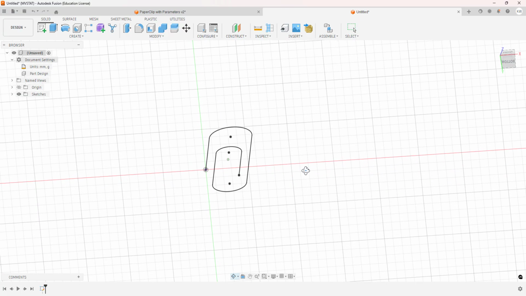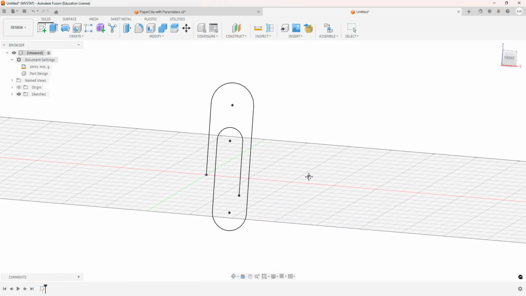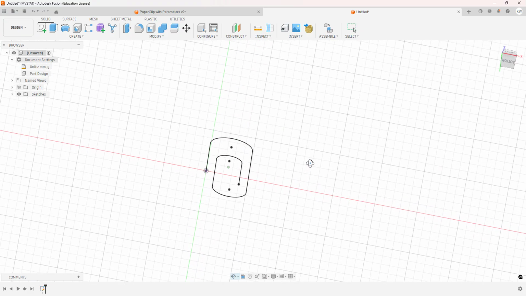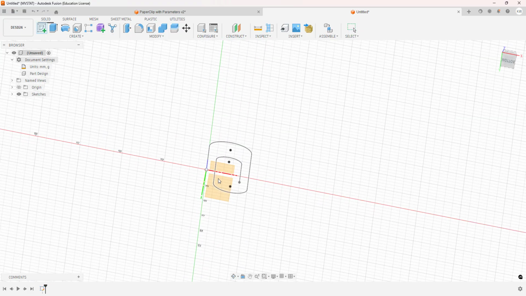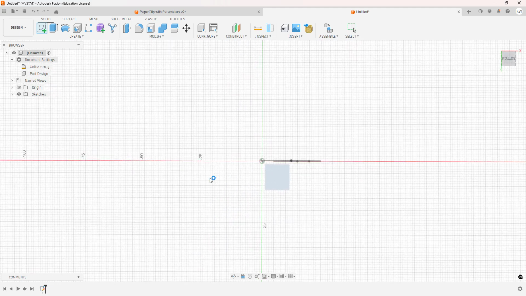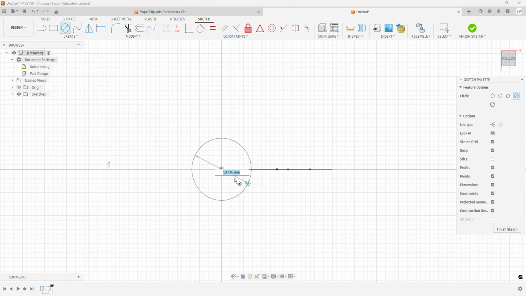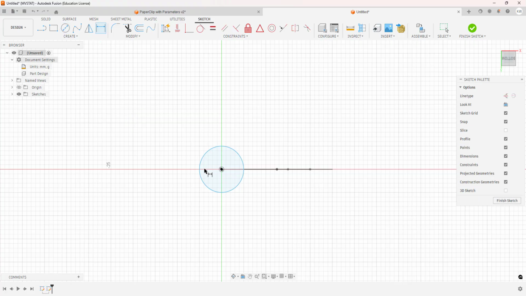But it is still just 2-dimensional, so now I need to make it 3-dimensional. So what I'm going to do is rotate this to the side. I'm going to create a new sketch on this plane that is perpendicular to that point. So it should look like this. So my paperclip's laying flat. I'm going to create a circle at that point, and that circle is going to be the thickness of the wire. So right now it's obviously way too big, but I'm going to now add a sketch dimension for that,